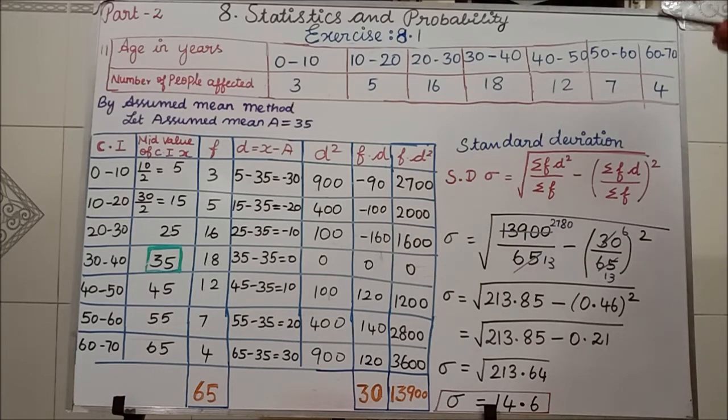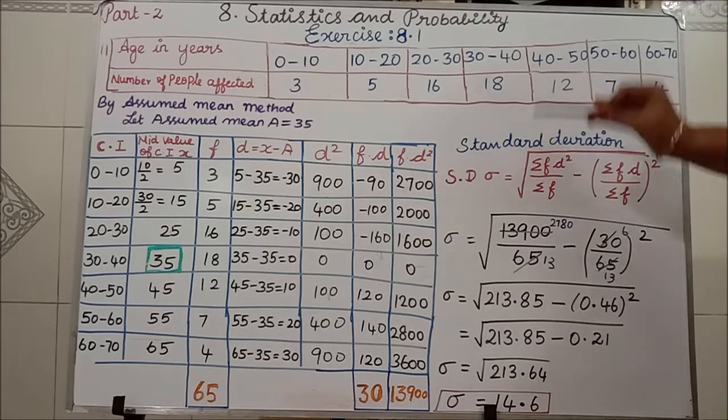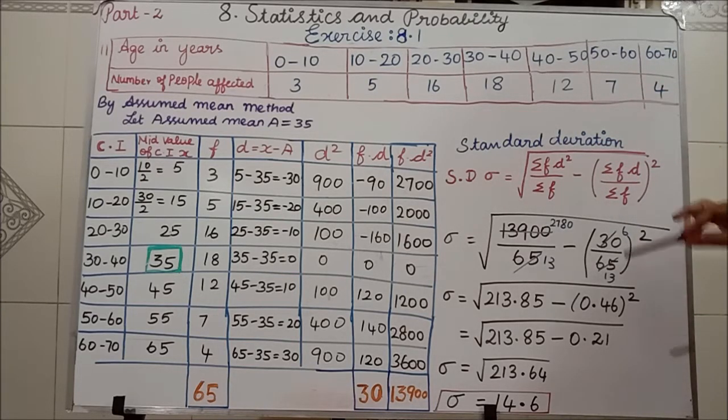So students, the same model as the 11th question, you are going to do the 12th question and 13th question as homework. Clear? The same model, same formula, the steps, everything the same. Only the given observation will differ. Clear all of you? Now I will teach you the calculation part.